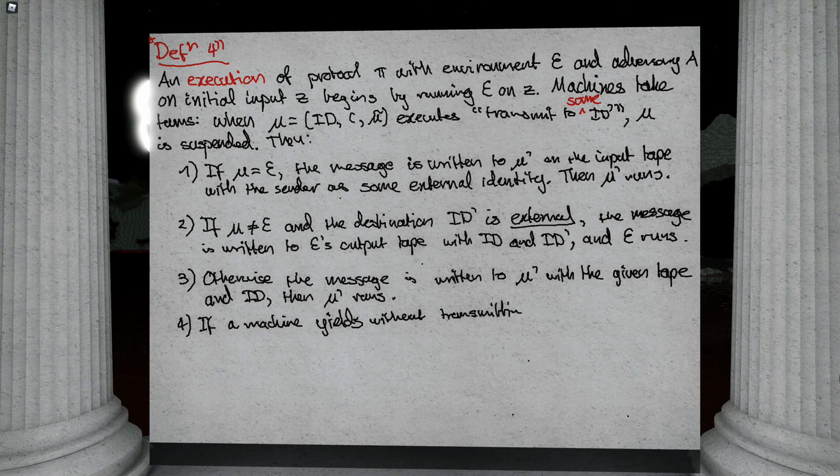What's the difference between yielding and transmitting to someone with an empty string? The difference is that if you transmit to someone with the empty string, then whoever you transmit to will get control next. If you simply yield, it goes to the environment. So I guess you could transmit to an external identity, right? But that's kind of a hack. Sure. I can't tell what's a hack, but